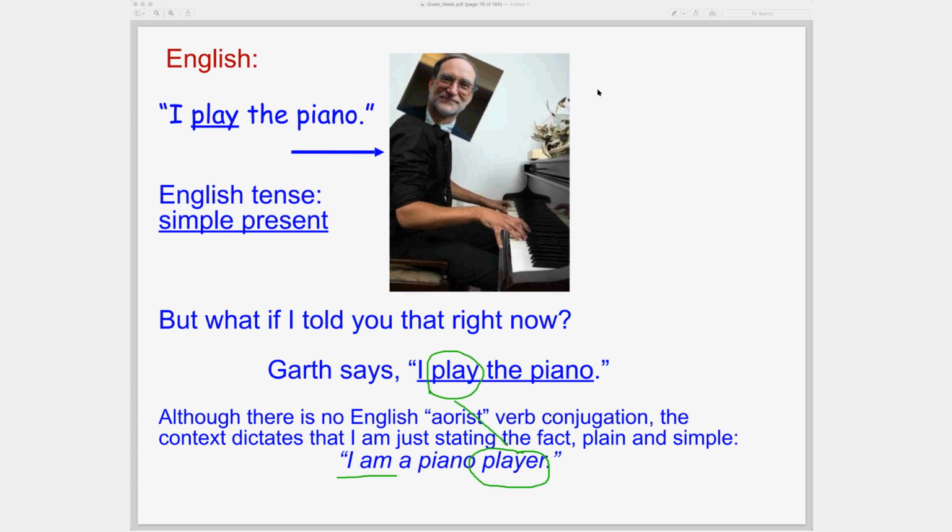You could say it's a done deal, but then you go back to, I play the piano. Okay, is the fact that I'm a piano player a done deal? Well, I'm not saying that it's done. I'm just saying that I'm a piano player. I play the piano. I'm sitting here in front of a computer, and not as in that picture that you see on the screen. My hands are on a computer keyboard, on the mouse actually, and not on the piano keyboard. When I say I play the piano, all of a sudden you realize that at some point,